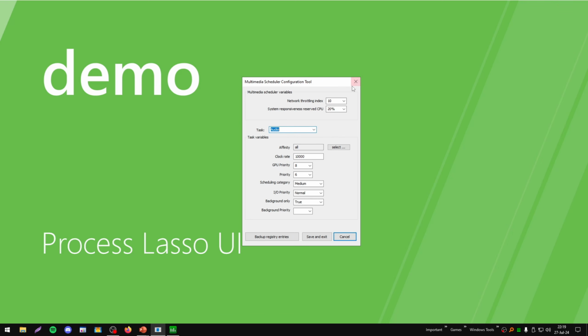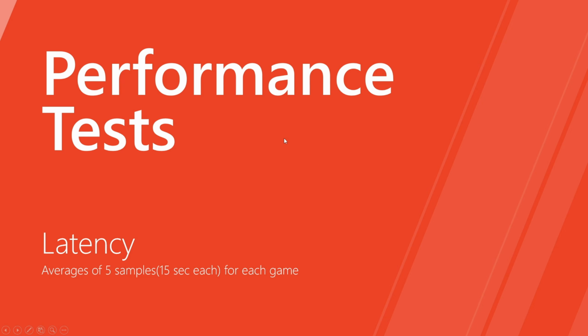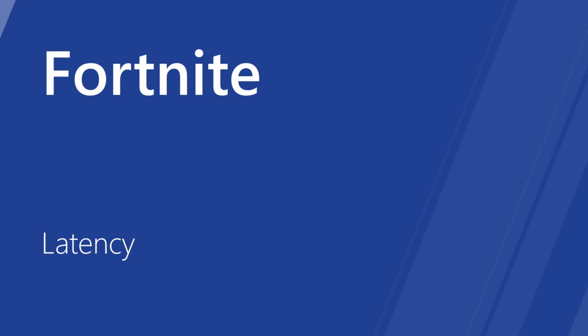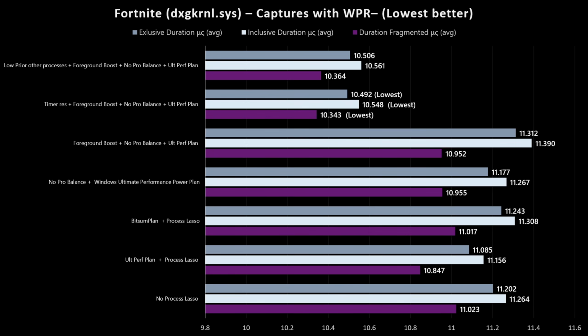Now it's time to move to performance tests. Starting with latency, I did 5 tests of 50 seconds each for each game, and now we will see the averages. Starting with Fortnite,